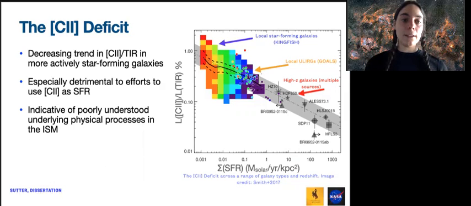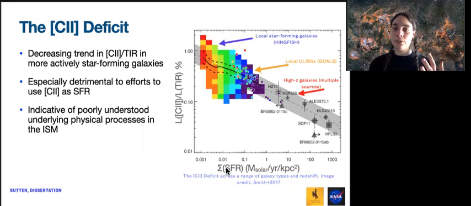So the C+ deficit is what is represented in this graph, where we have the ratio of C+ luminosity to total infrared luminosity as a function of star formation rate surface density, so just star formation rate divided by area. So less actively star forming, more actively star forming, and then we have this proportional C+ to TIR, total infrared luminosity. And what should immediately jump out is that as we go to more actively star-forming galaxies, this ratio decreases,